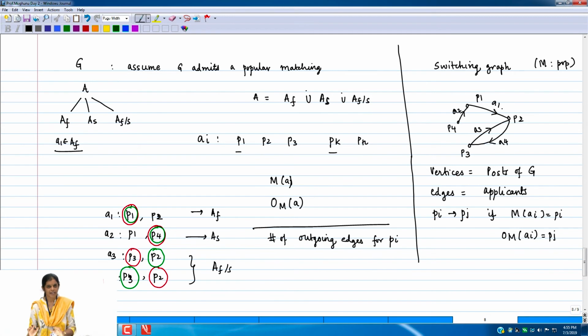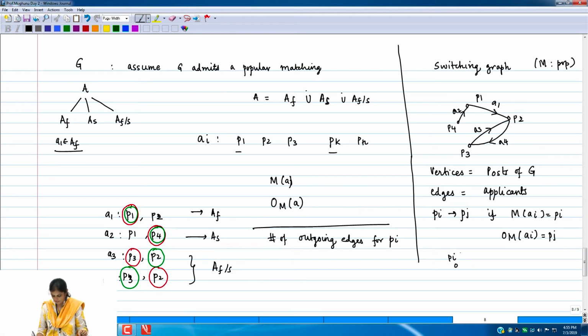So, where are you talking about these outgoing edges? It is in this switching graph. We are not talking about the reduced graph and so on. Those are undirected graphs. So we are talking about the switching graph. I will repeat: I take a vertex, and I will draw an outgoing edge from that vertex.